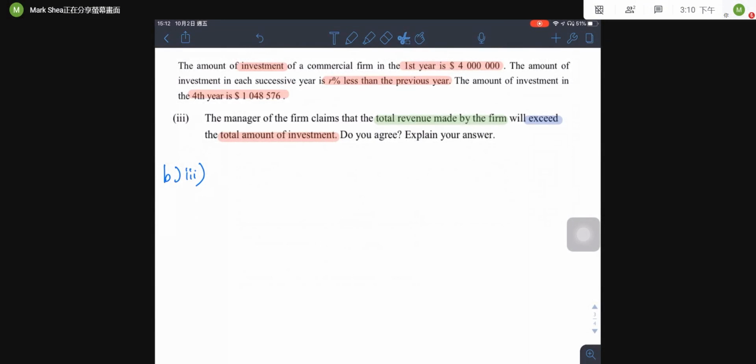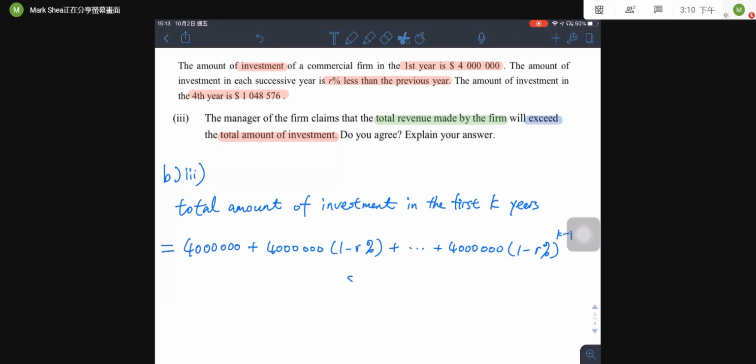Okay, B3. This is about the question to compare the total revenue and the total investment. So from the result of part one, we know the value of R, and also we can find out the total amount of the investment. The total amount of investment in the first K years is given by this,